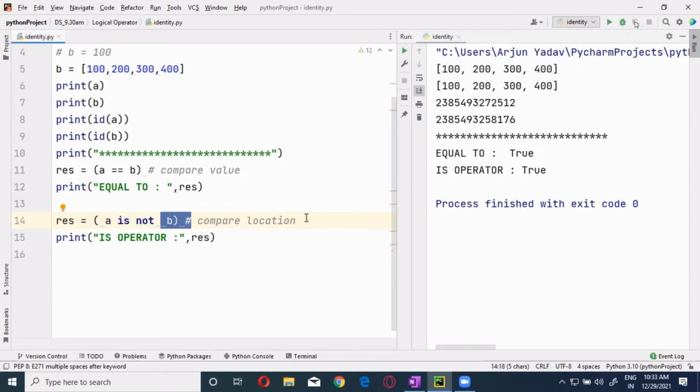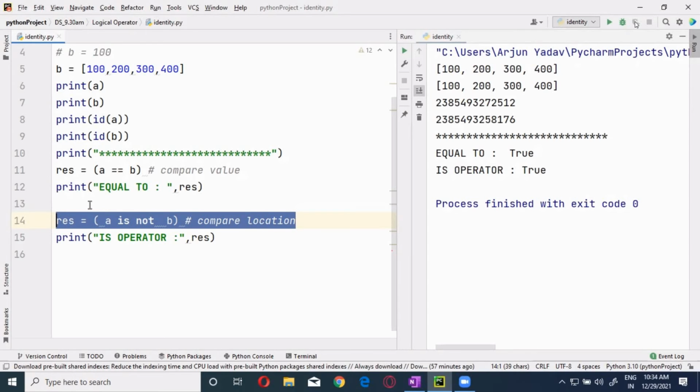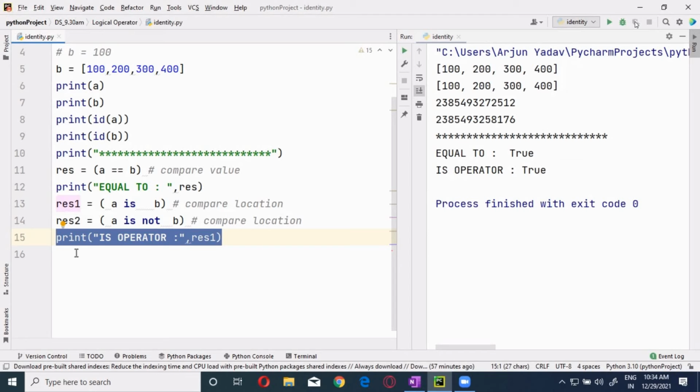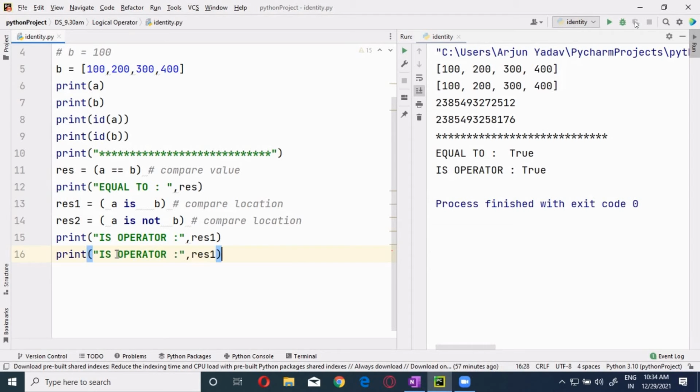When you are using is not, you will get the reverse of that. Here, this is an is and this is an is not. Okay, guys. Here I will give it as 1 and 2, with is operator and is not.